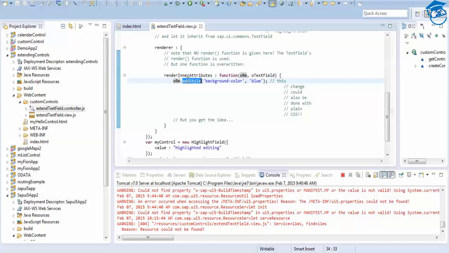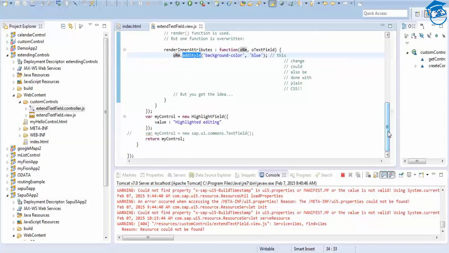Inside this we have a background color property, and it will be replaced with blue color. This is how we add a CSS property to that particular text field. This is how the text field control is created.